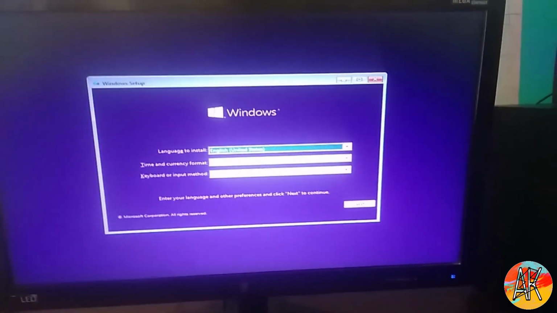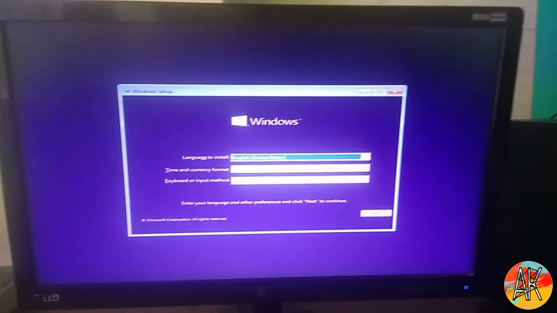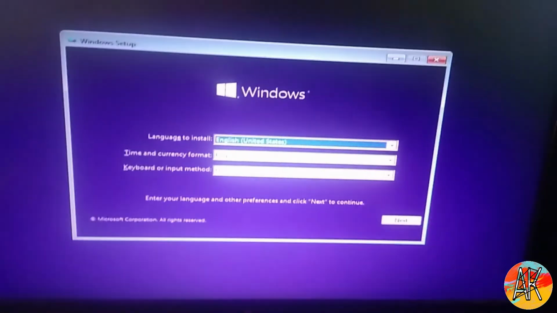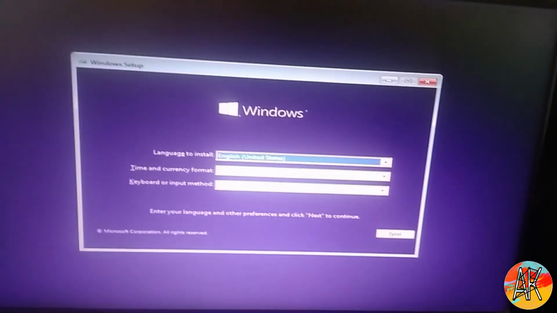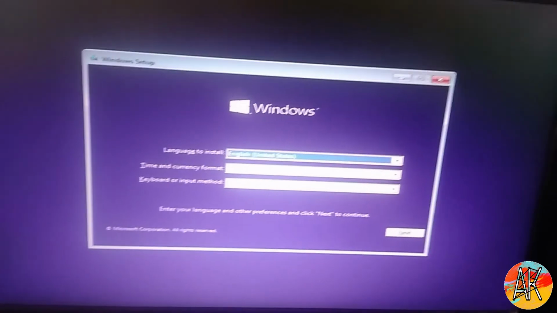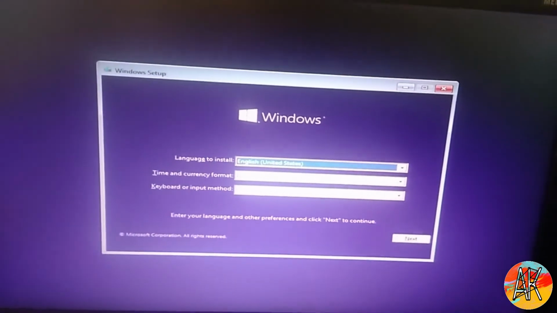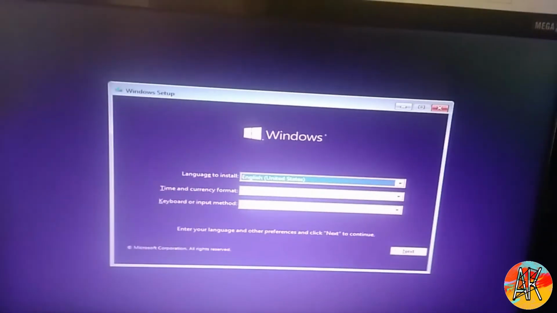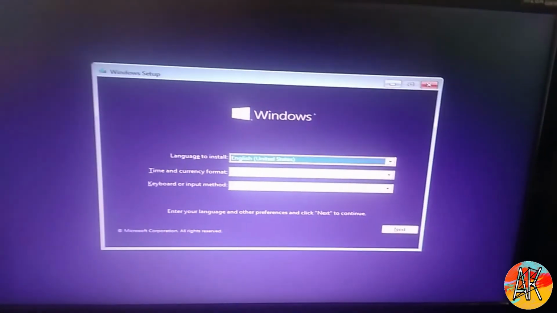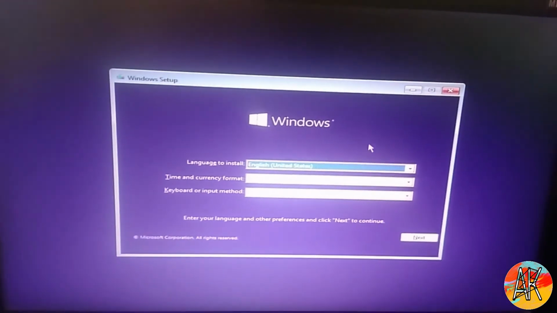After the loading files process, this screen has come, and we have booted this from our pen drive, the ISO file which we created with the Rufus software.